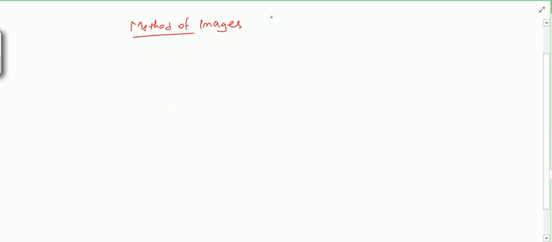Today we will see the method of images, or image theory. Method of images, or image theory. So, what is this basically? It's image theory